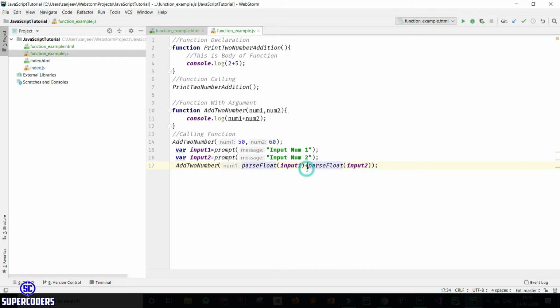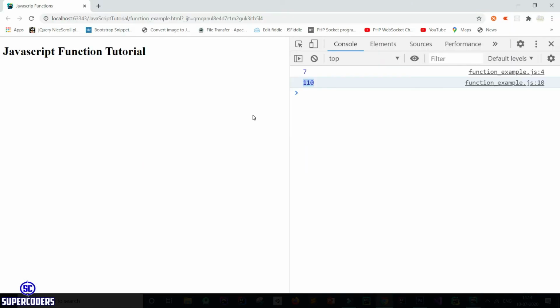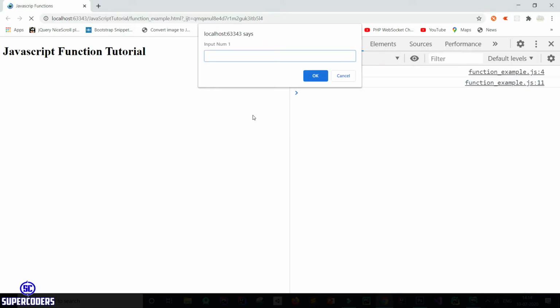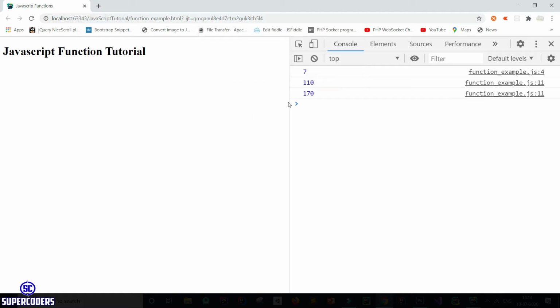Okay, you need to add a comma. So it's done. Now let's run the program again. Now give the input 80, 90, and you can see the output. Using dynamic input, you can call the function in JavaScript. So this is a simple example of a function with arguments.